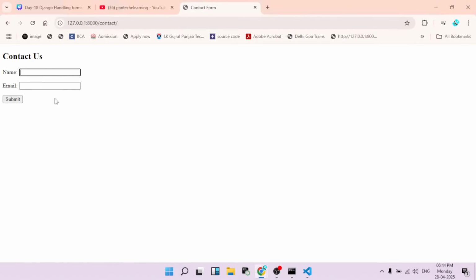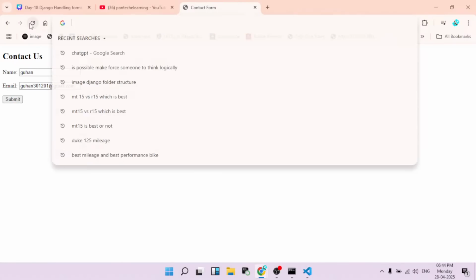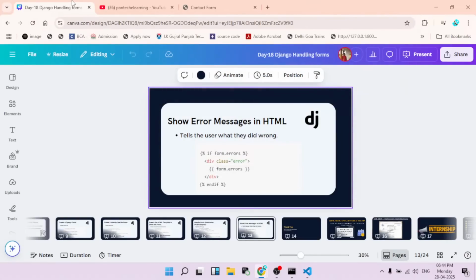this is how we create a simple form in Django. Okay, we just enter input. Okay, and submit, it will be submitted. Okay, this is how we create Django forms. Okay,